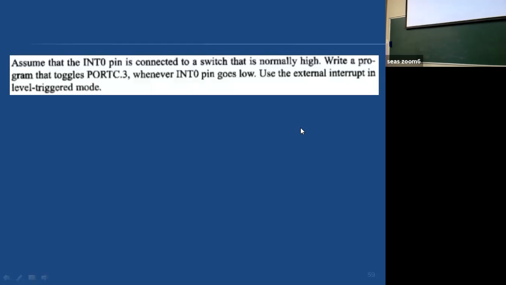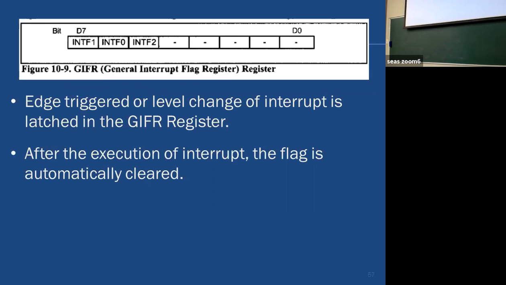Do we have some answer? Okay. For the ISR, let us check the table.